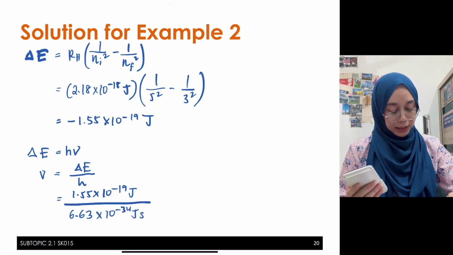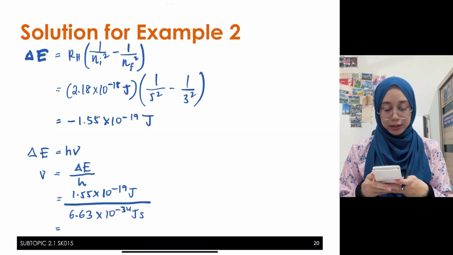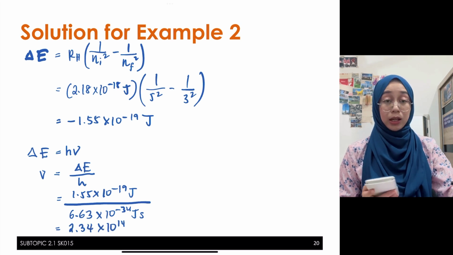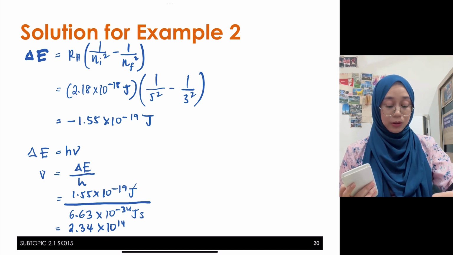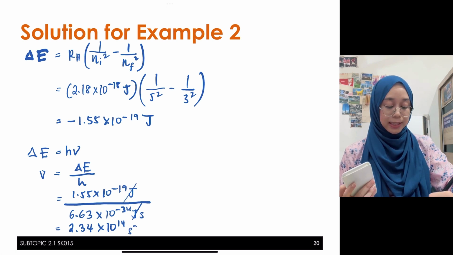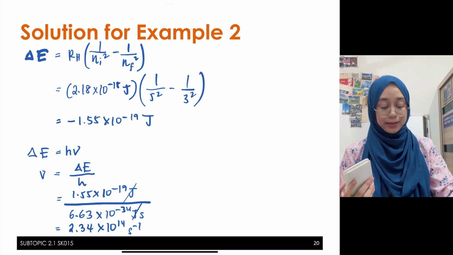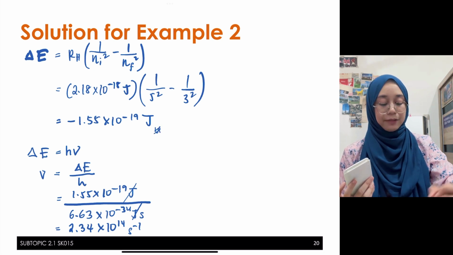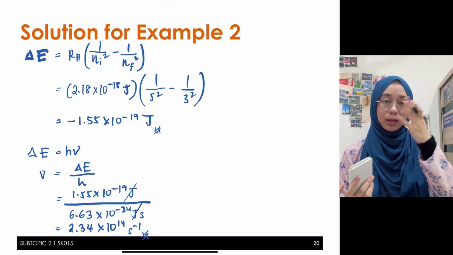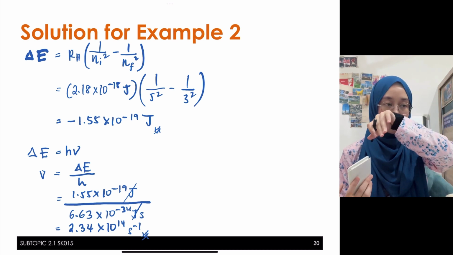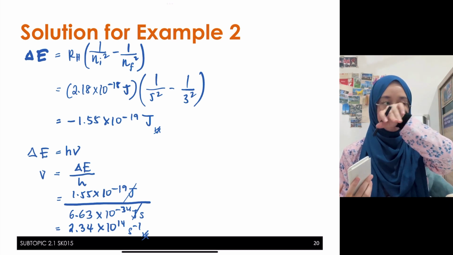Okay, so kita akan dapat, so you will get 2.34 exponent 14. So apa unit ni kelas? So joule boleh cancel off kan? So per second, or if you want to leave your answers by hertz pun boleh juga, tak ada masalah. Okay, so yang tadi atas ni final answer untuk delta E, yang bawah ni final answer untuk frequency. Tak habis lagi, kita nak cari pula apa? Kita nak cari pula ni